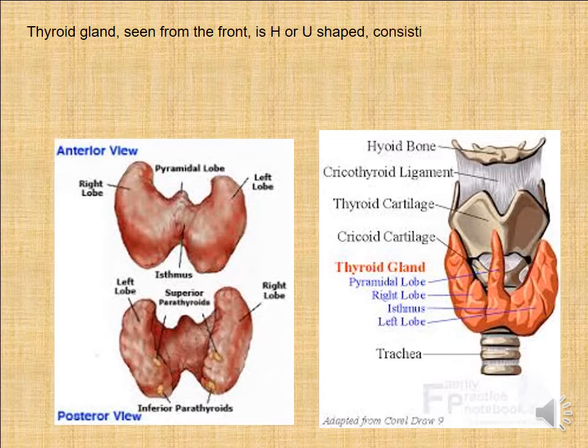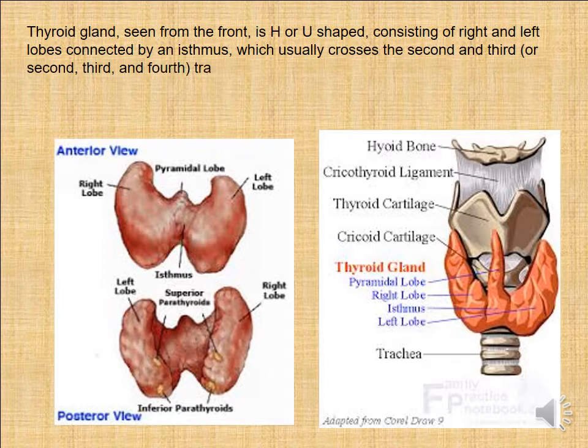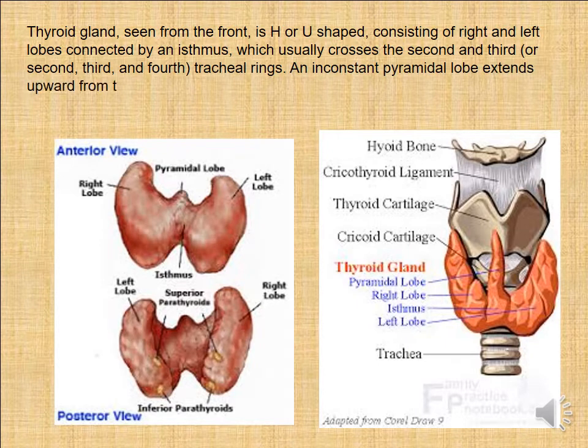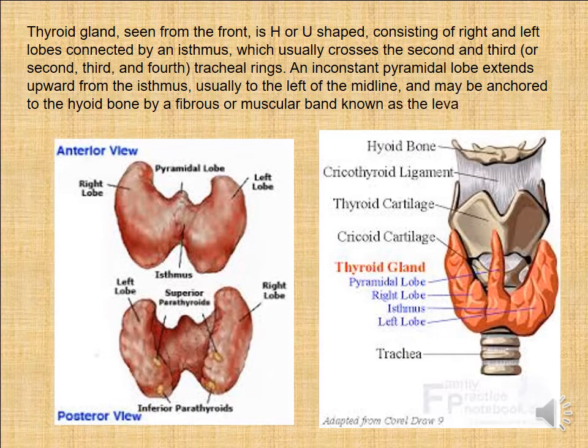The thyroid gland seen from the front is H or U shape, consisting of right and left loops connected by isthmus, which usually cross the second and third or second, third, and fourth tracheal ring, and in constant pyramidal loop extend upward from the isthmus, usually to the left of the midline, and may be anchored to the hyoid bone by a fibrous or muscular band known as the levator glandulae